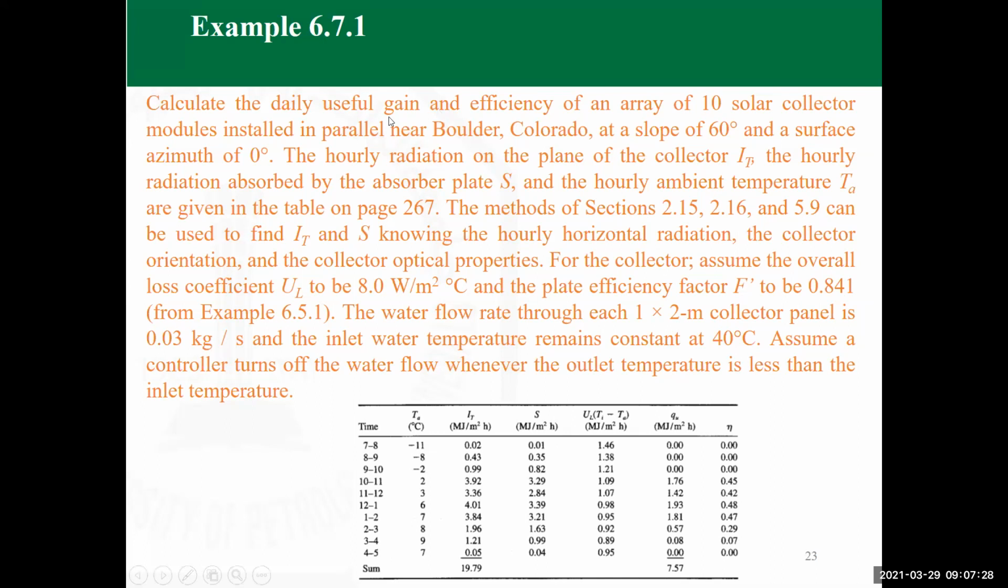So here what we have, again, is to calculate the daily useful gain and efficiency of an array of 10 solar collector modules installed in parallel near Boulder. And again, we are going to talk in this chapter and probably next time about the issue of the connectivity of the solar collectors. Connecting in parallel, connecting in series, that's something interesting, and we'll be looking at why and how this is being done and for what